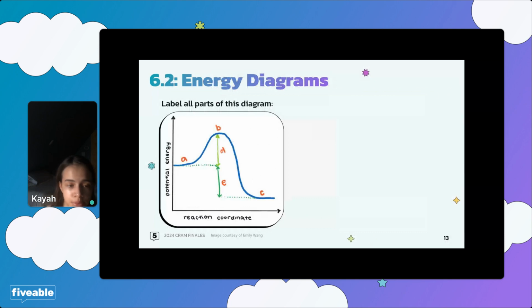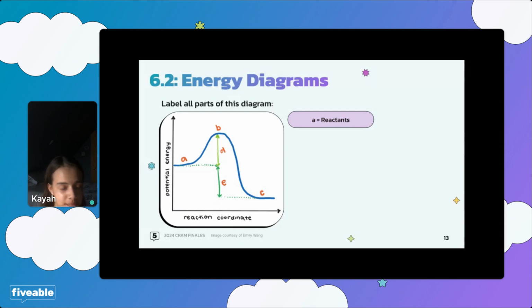Next thing, energy diagrams. You will have to draw an energy diagram on the AP exam, but they may ask you to describe different parts of it and recognize what kind of reaction it represents. So take a quick second, look at the different parts, A, B, C, D, E, and think about it. Okay, what is this? And then in a few seconds, we'll switch the slides and we'll show you and explain everything. Okay, so now we're going to break up the parts of this diagram bit by bit.